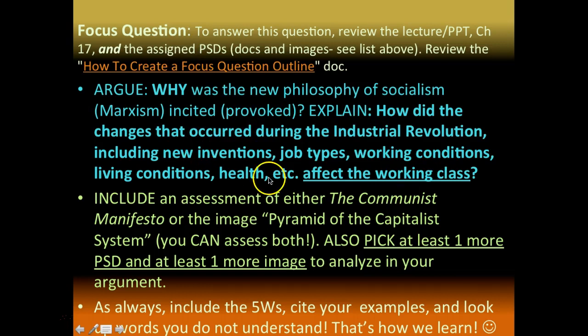So the why is right up here. This is the why. All of these things that occurred, the new inventions that affected jobs that made people move from rural areas to cities, from great jobs to horrible jobs, from decent working conditions to horrible working conditions, and living conditions, living on top of each other, filled with diseases, health declined, depression grew, etc. All of these things affected the working class people, and eventually socialism arose with the idea that everyone should rise up together and the government should be there to support the people, not the bosses, not the owners, but the workers. The workers are the ones that hold up the world.